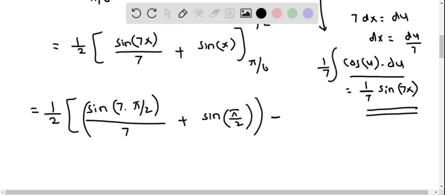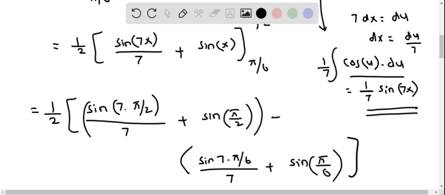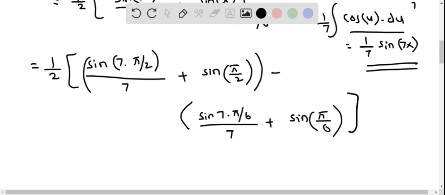So we put minus and then replace x by pi/6. So therefore it is sine of 7 times pi/6 divided by 7, plus sine pi/6. Close this bracket for the multiplier 1/2. Now we have to evaluate the sine of 7 pi/2, and this basically equals negative 1. So this is negative 1 over 7, plus sine pi/2 is positive 1,